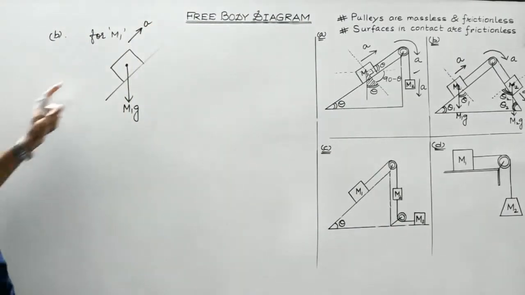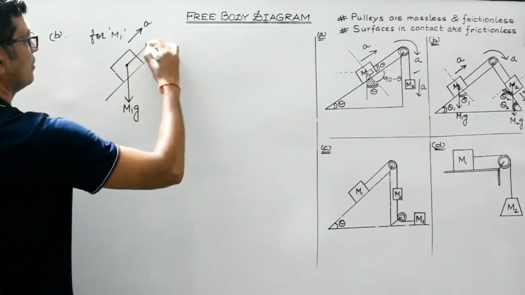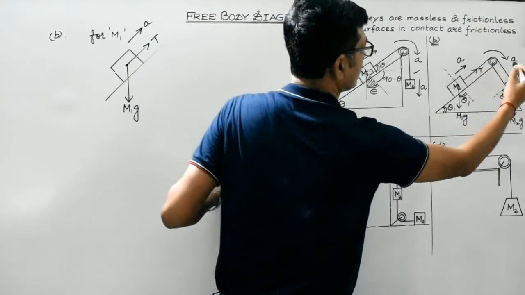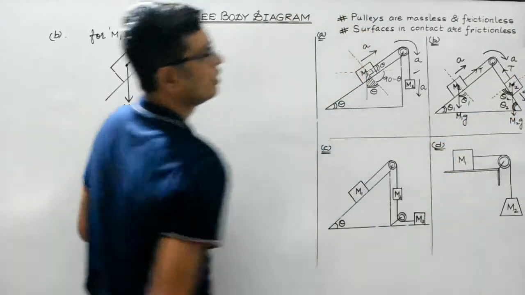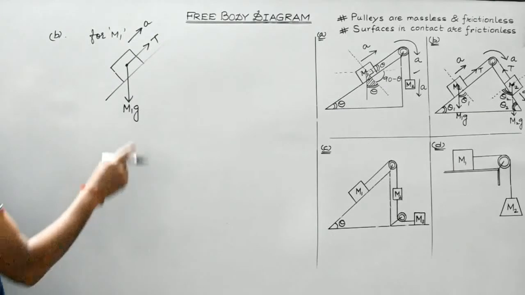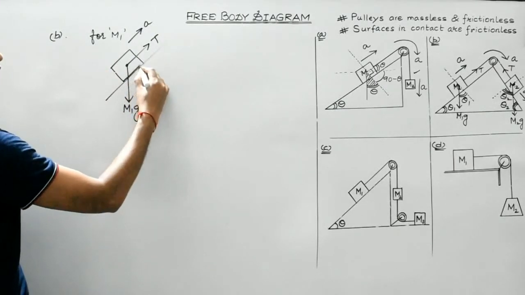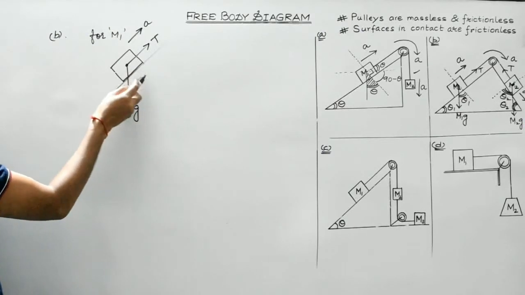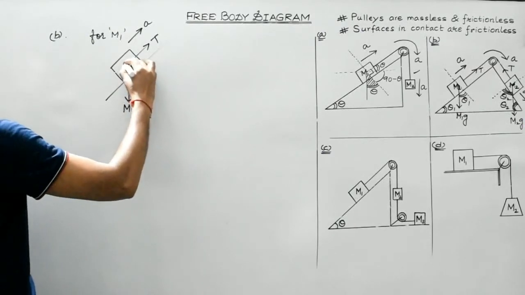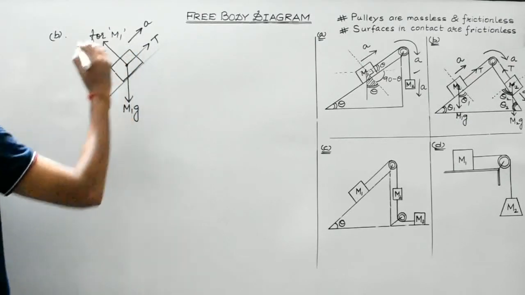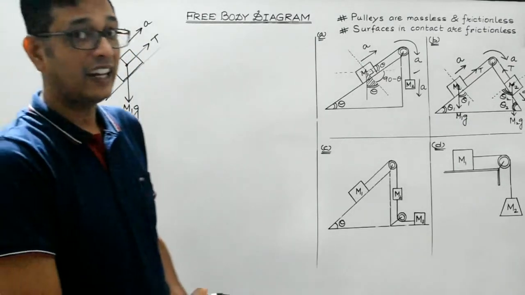Now what are the forces acting over here? One is the tension. This is the tension, isn't it? And reaction. Reaction always acts perpendicular to the surface of contact. This is the surface of contact of these two surfaces. So reaction will be perpendicular to it. Students, diagram should be perfect. So do practice. Right? Diagram should be perfect.